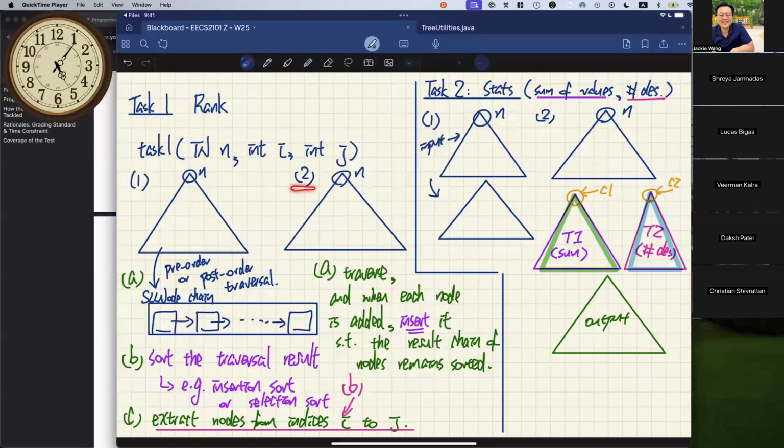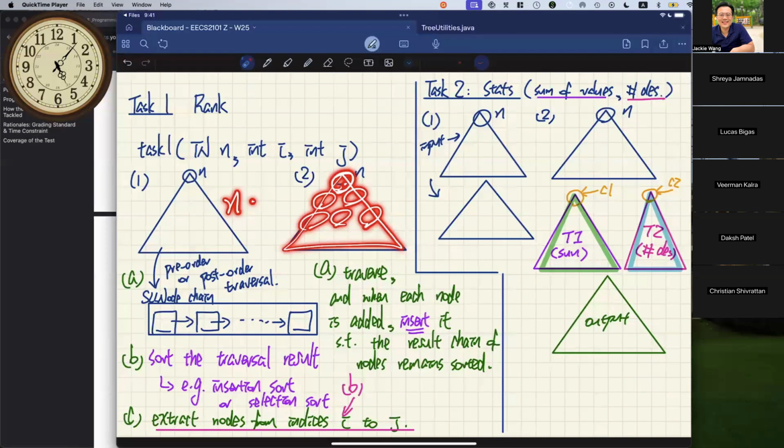However, for approach number two, it's also going to be n squared. We don't really need to go into the detailed analysis here, but intuitively, you're going to visit each node, so there'll be n nodes you have to visit. Then for each node visit, you have to insert that particular node into the chain of nodes so that it remains sorted.